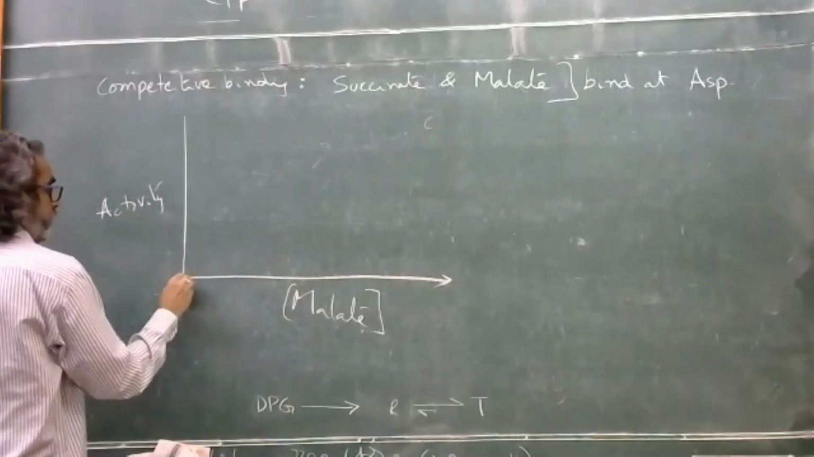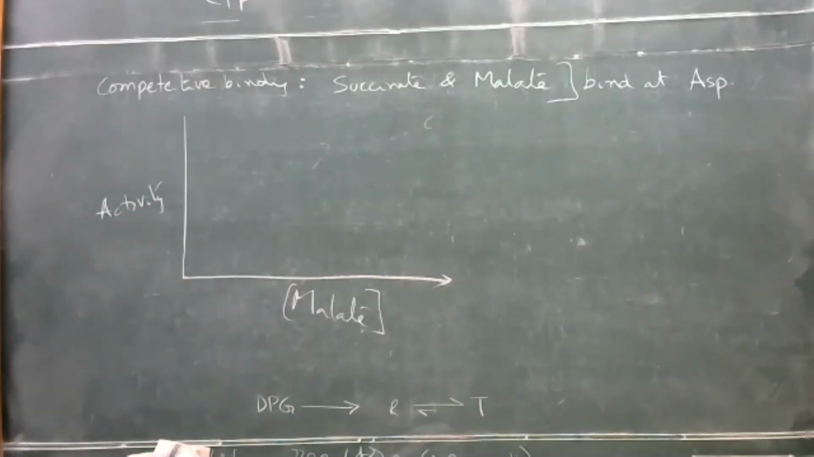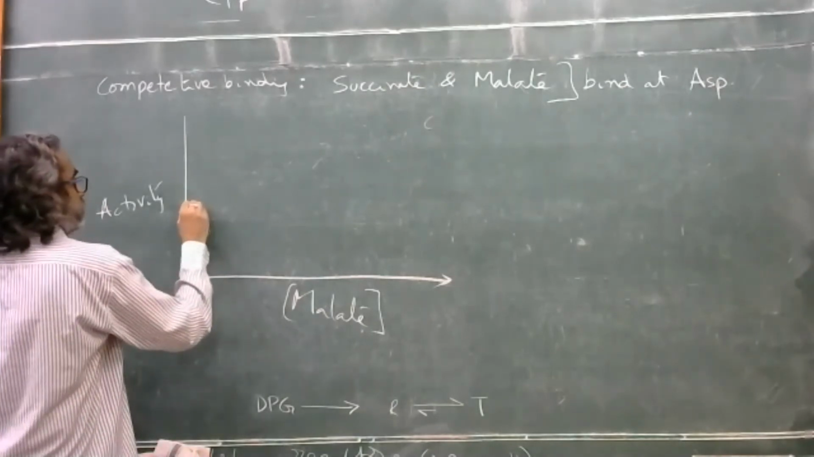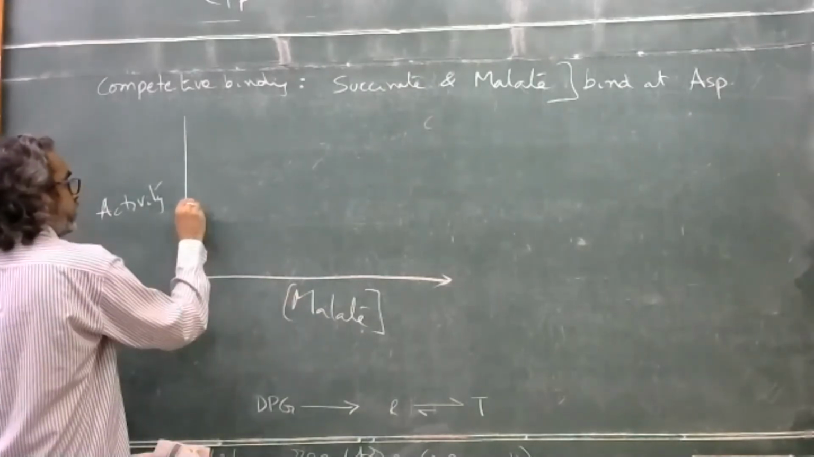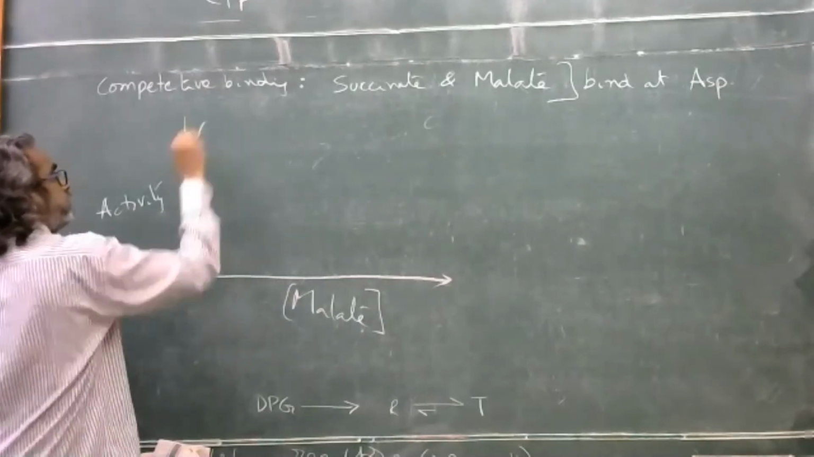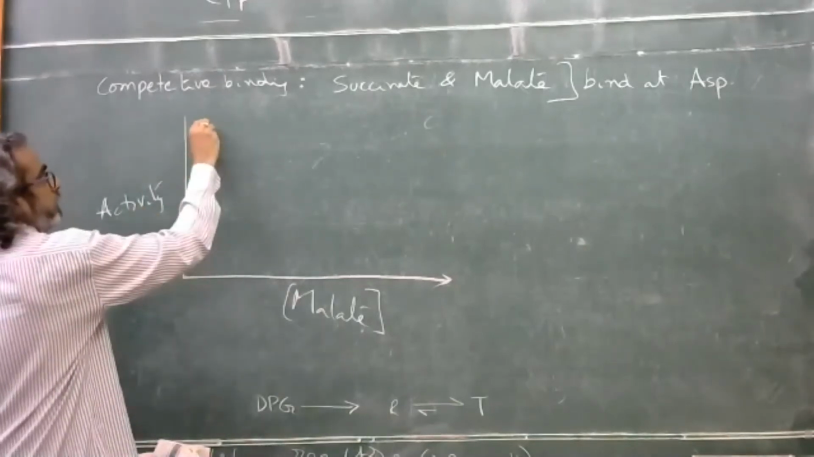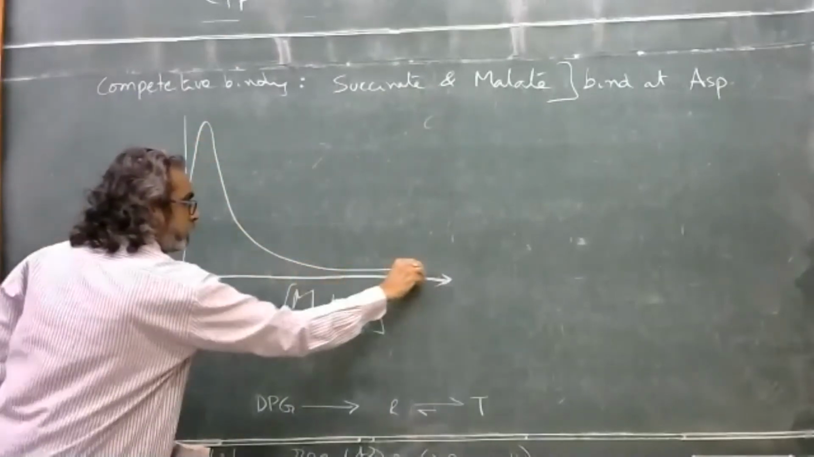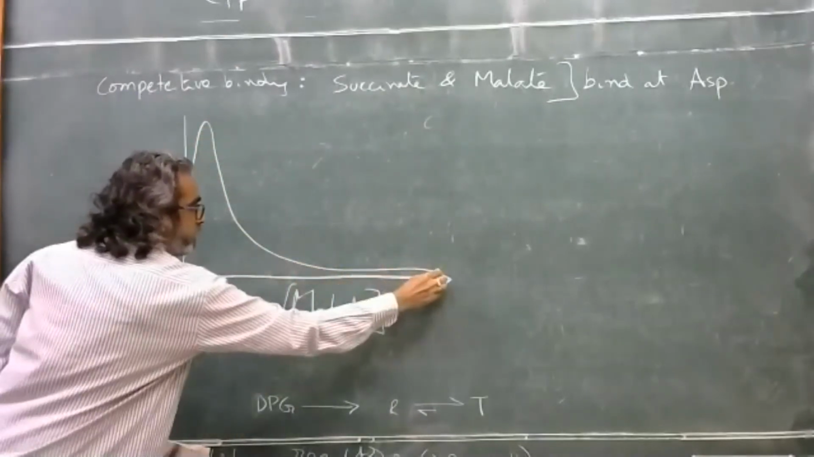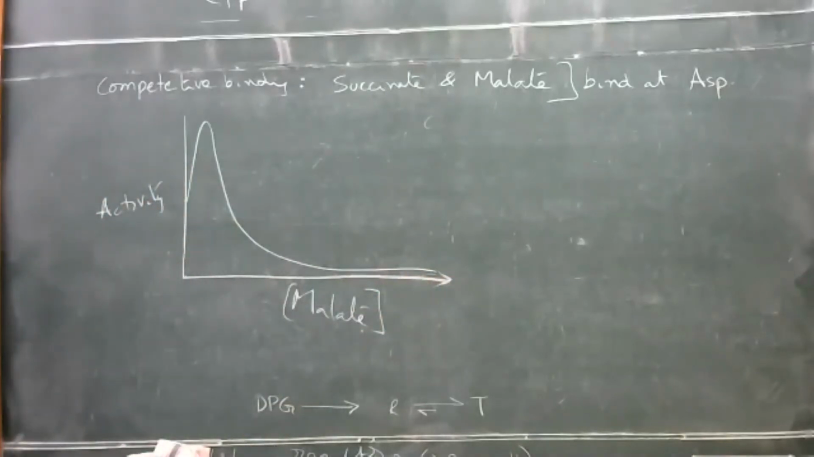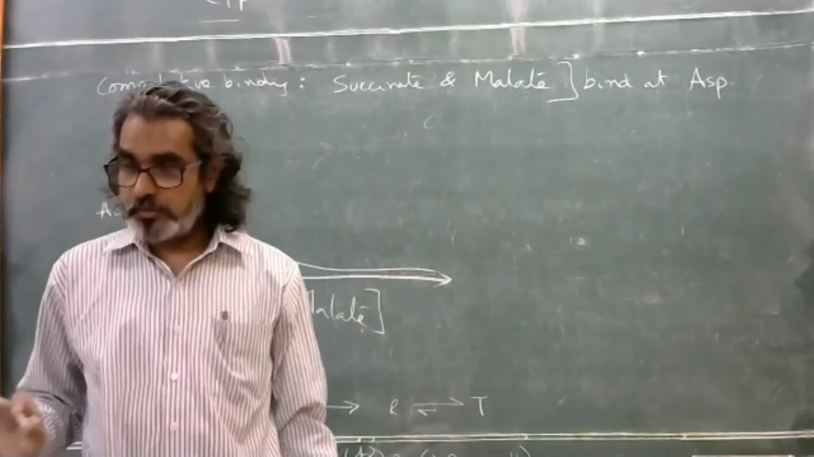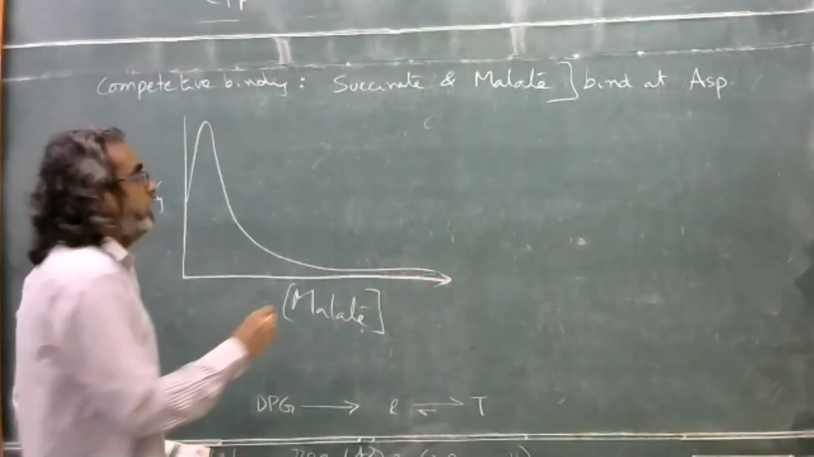Okay, so at low concentrations of malate, the activity actually increased, and then it reached a maximum, and then it decreased. This is a behavior I think you need to really understand very, very carefully, and it's counterintuitive because